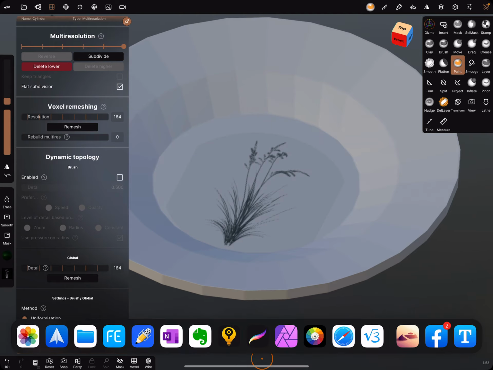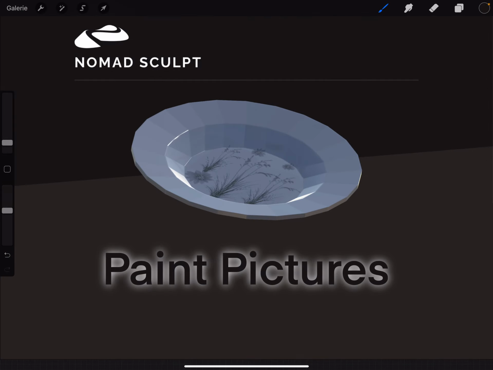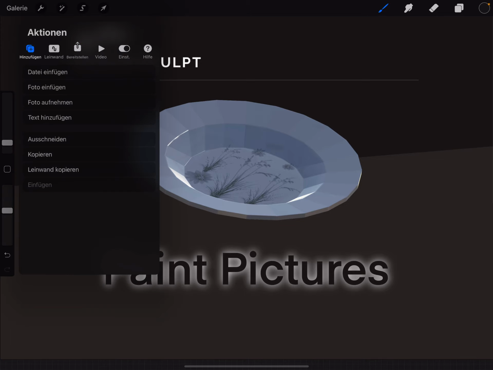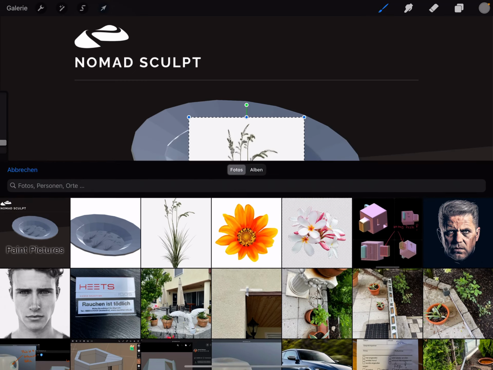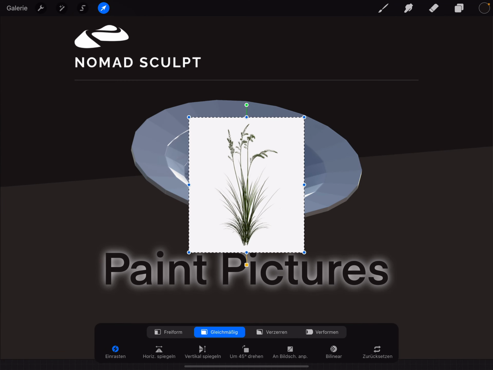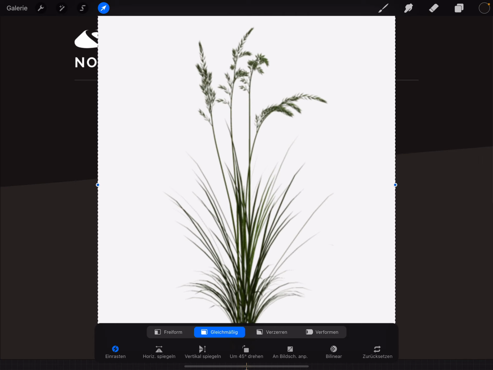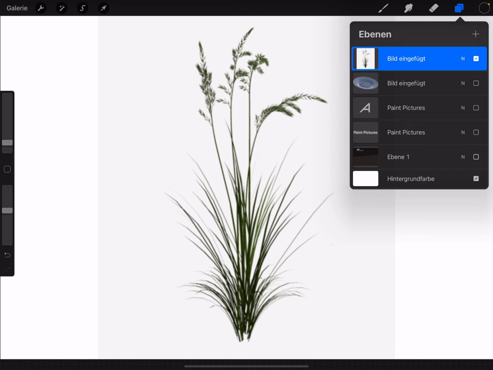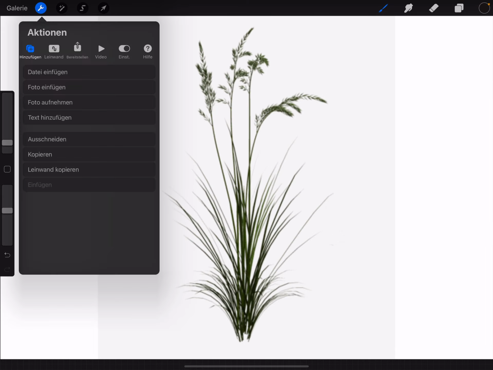You can adjust this in Procreate, for example. I bring this here and you see it's not a pure white or black background. You have to adjust it.